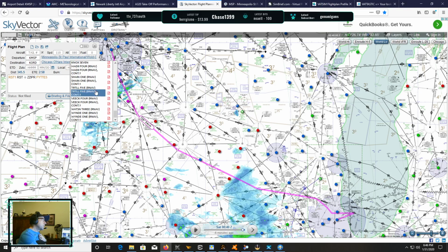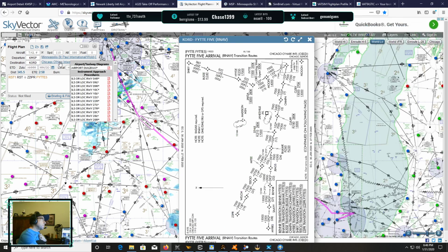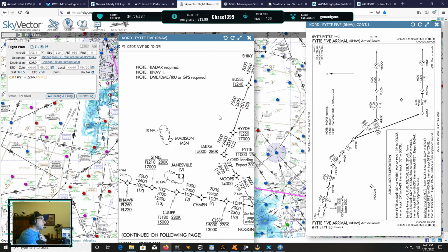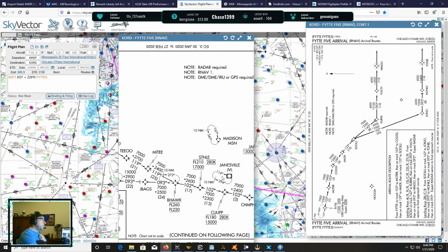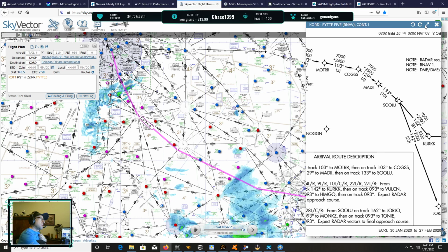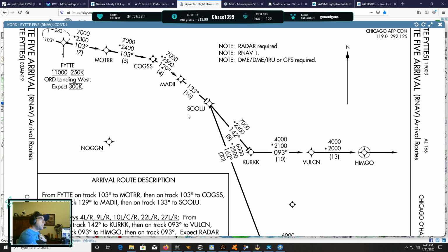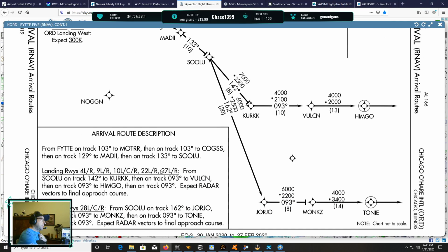point we will join the Fiat 5 from Zipper. So we're going to have to abide by these altitude and speed restrictions at Steinall, and then Coop, and then when we get to Fayette, then we will be assigned a runway by approach, which will tell us to either use this transition for the runway or this transition. More than likely, I'm going to be using this transition because I'm planning 27 left right here, so